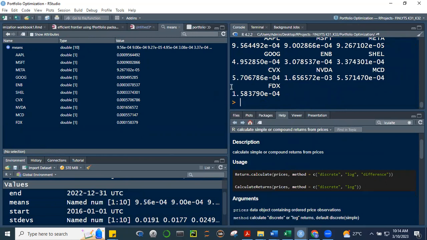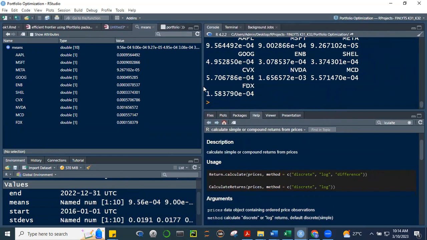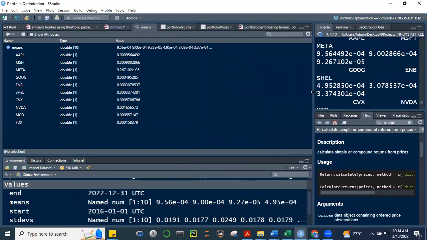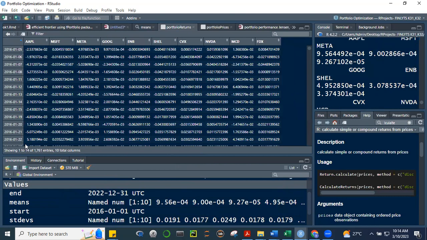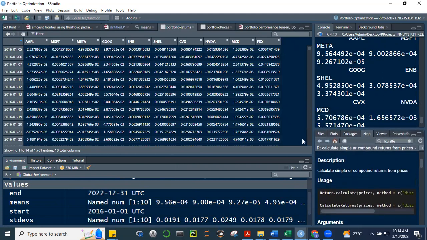Print natin. So, ito siya. All right. So, those are the averages of the returns. So, kinuha lang niya yung average nito. Tapos, kinuha din niya yung standard deviation. Ano yung standard deviation? Okay, let's